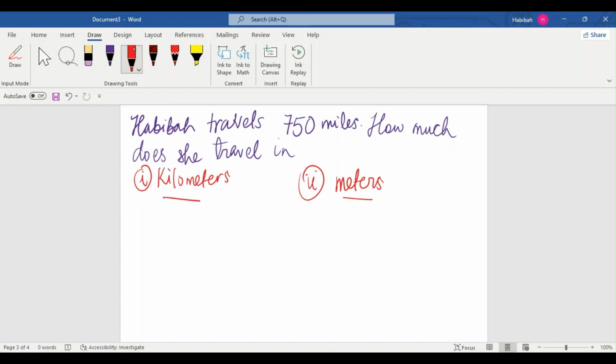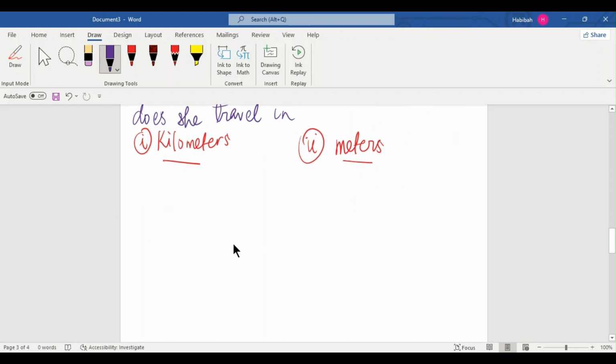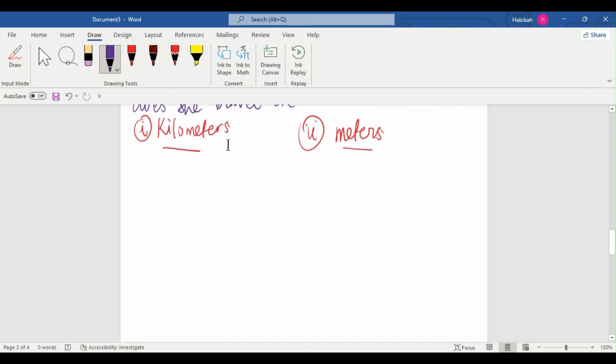The first thing you have to know is that we've been given the distance that Habiba travels in miles. We're supposed to go to kilometers and meters. So in this unit conversion question, I'm going to be teaching you how you go from miles to kilometers as well as miles to meters. The first thing you have to note is that